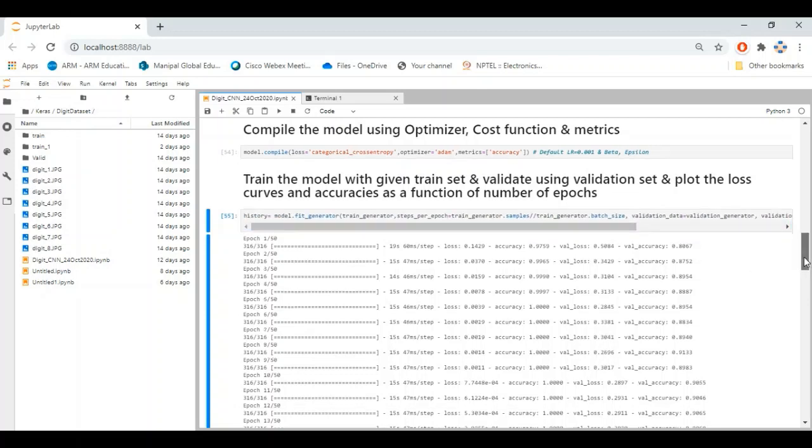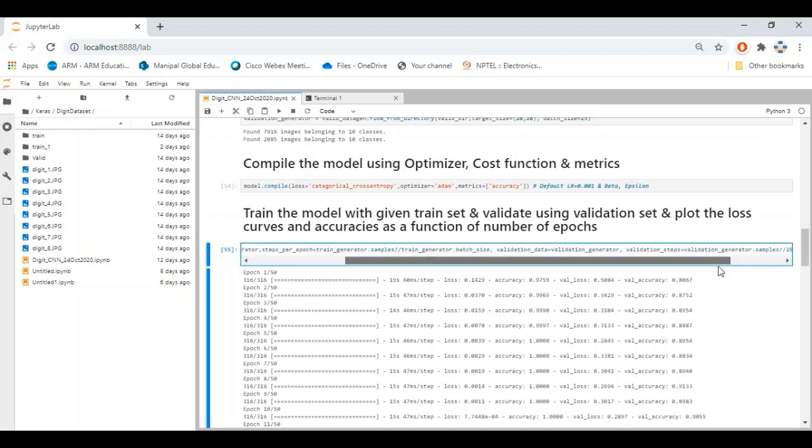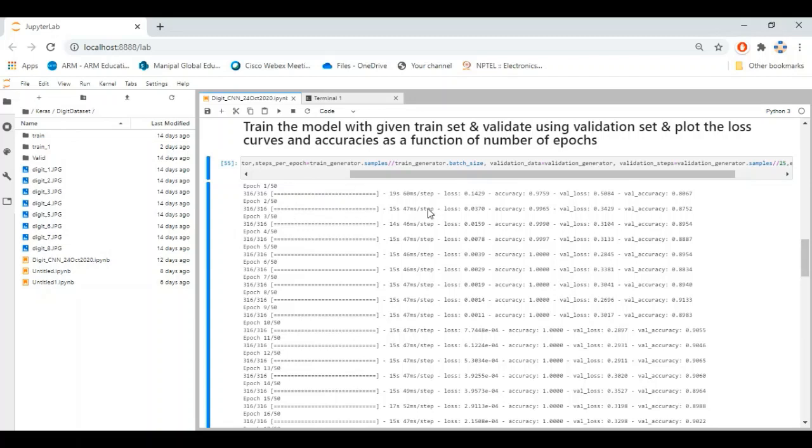All these values are randomly chosen, and the number of epochs is 50. During each epoch, the entire data set will be used for training in batches, and the batch size is 25. So this is the training process explained here. In each epoch there are 316 iterations. During each iteration, each mini batch will be used for training and validation.